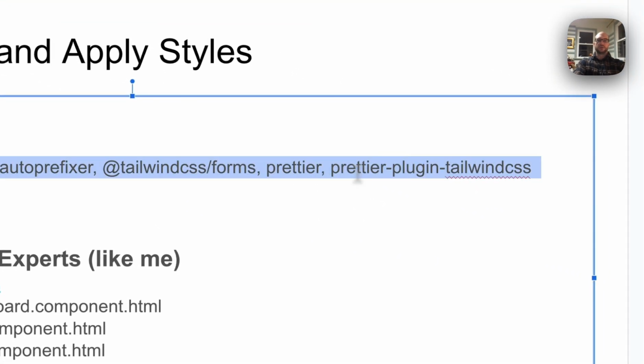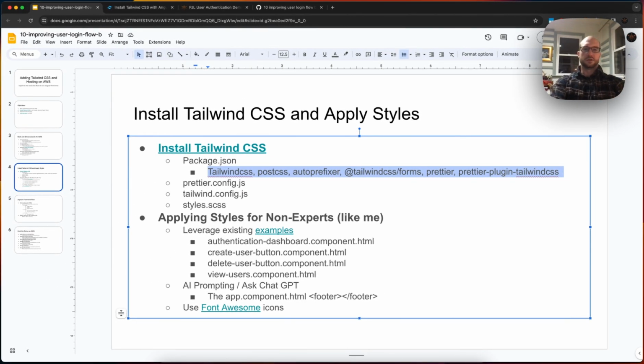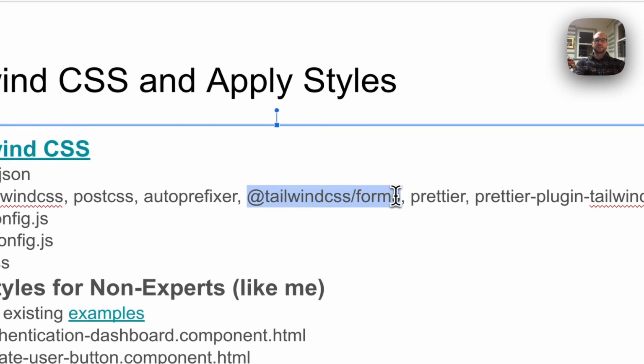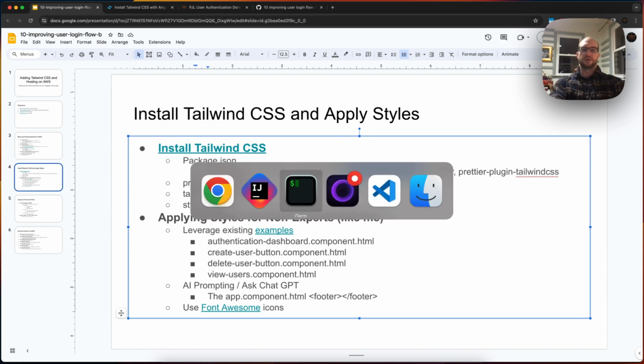There are a few other things that I added, which was the prettier and the prettier plugin for Tailwind. So Tailwind classes should be set in a certain order, and you'll see there are a lot of classes that we have. And prettier will actually put them in the order that you want, which is good and very helpful, and then it'll do it automatically. And then we have a form. You don't see it because I haven't set up the admin, but we use forms to disable the user. So I needed a special forms update to our package.json file. And then I updated the prettier.config